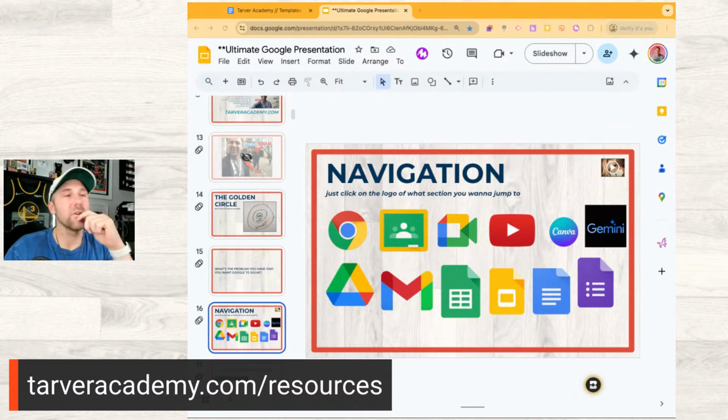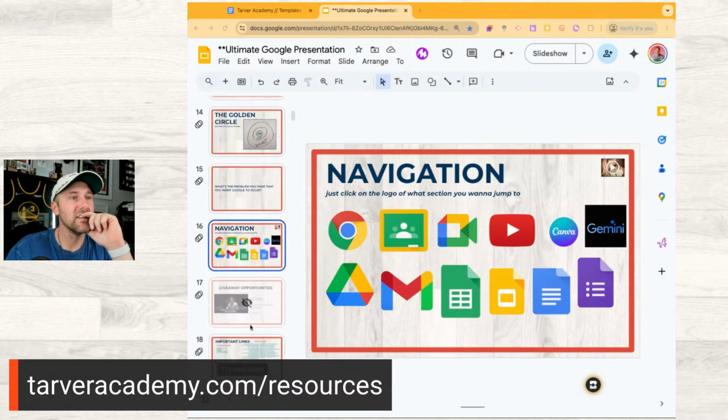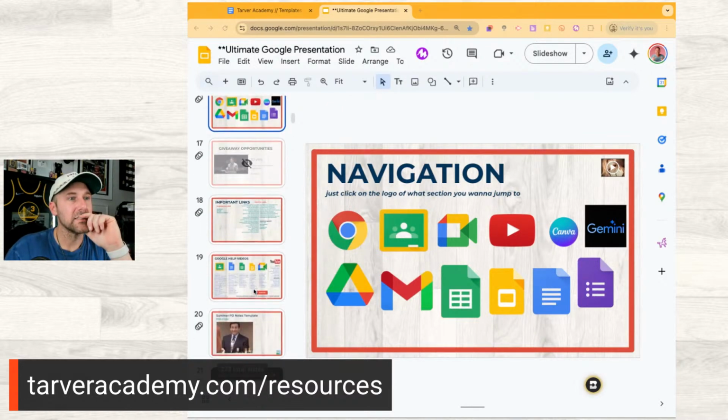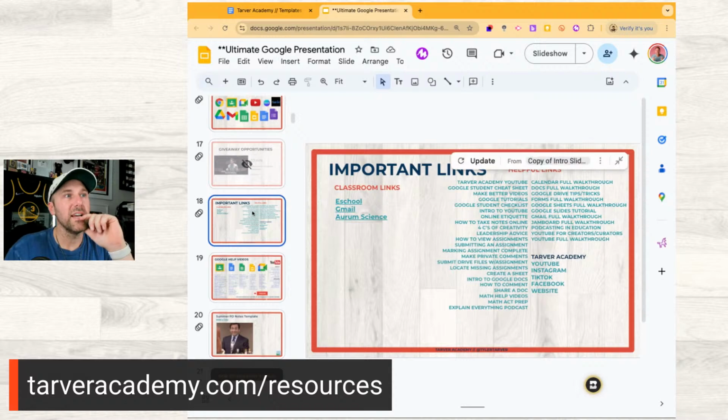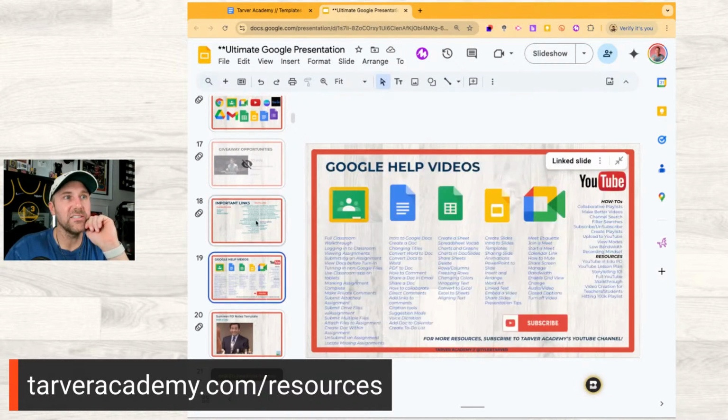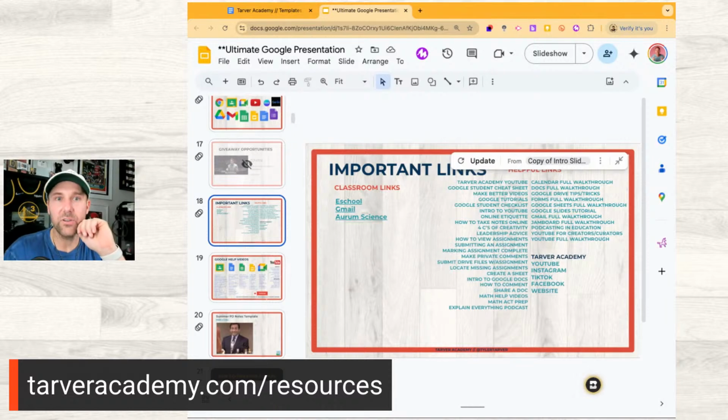So the first thing I want to show you, and this is one of my favorite little tips that you can use, is right here on slides 18 and 19. These are things that you should put in anything you give students, because very often we find ourselves being all of our